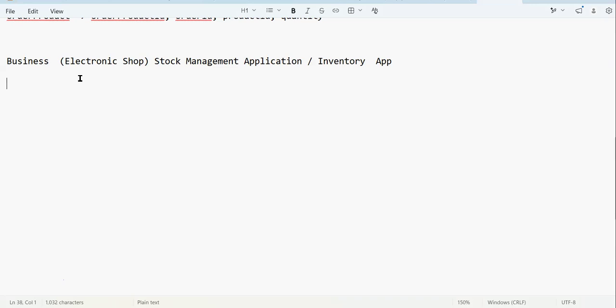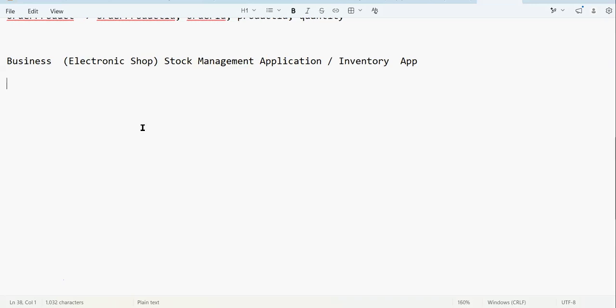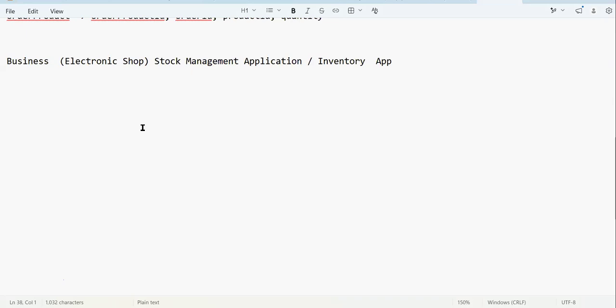Yes. Okay. So considering you need to create an application which will be able to manage this whole flow. You have products, customer will come, customer will buy something, right? And you sell it. But those products, from where did they come? Suppliers. Suppliers, right? So when you talk about a stock management application, first, like an electronic shop, it might sell mobile also, laptop also, anything it might sell. So we need a category